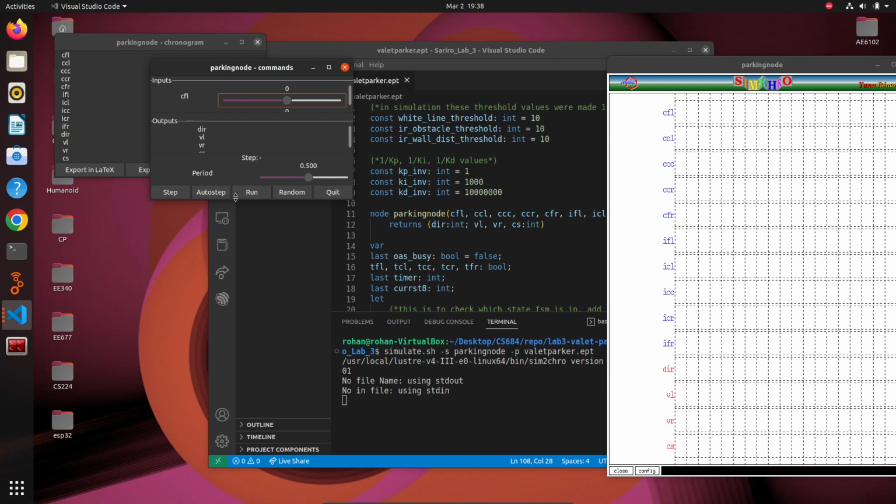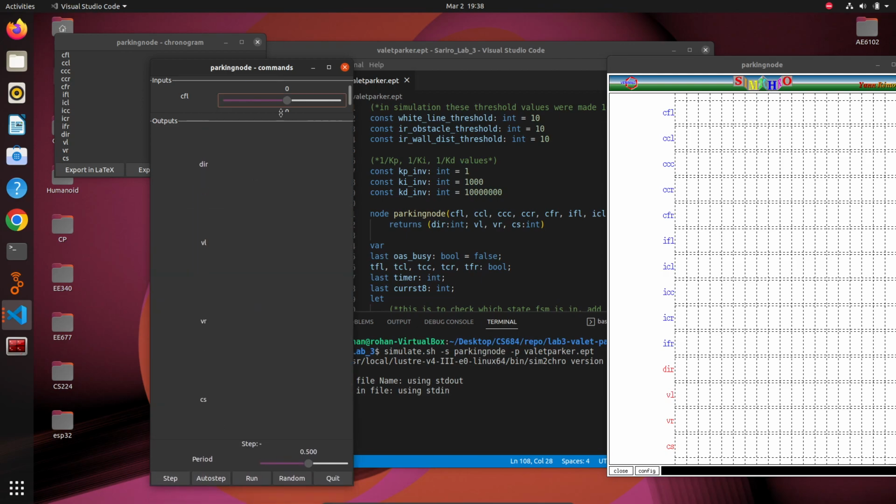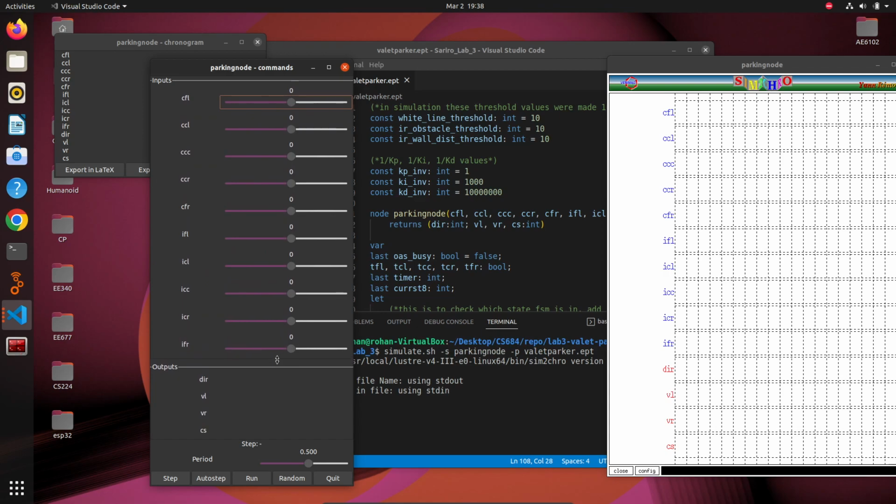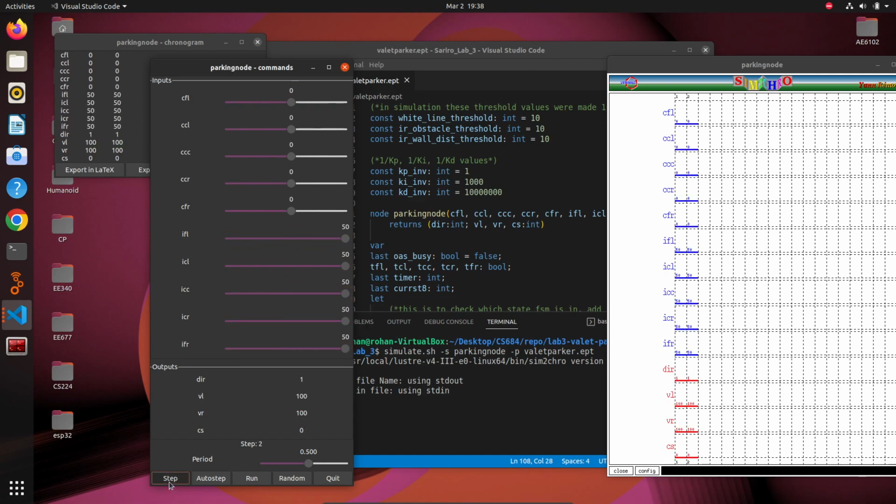Initially, all the white line sensors will be on top of the white strip at the start, so all of them will be 0, and there is no obstacle in front, so all of the IR sensors will be high. So it will stay in state 0, where it continuously moves forward until any one of these sensors goes outside. Suppose the CCL goes above 10, then it enters the PID state,